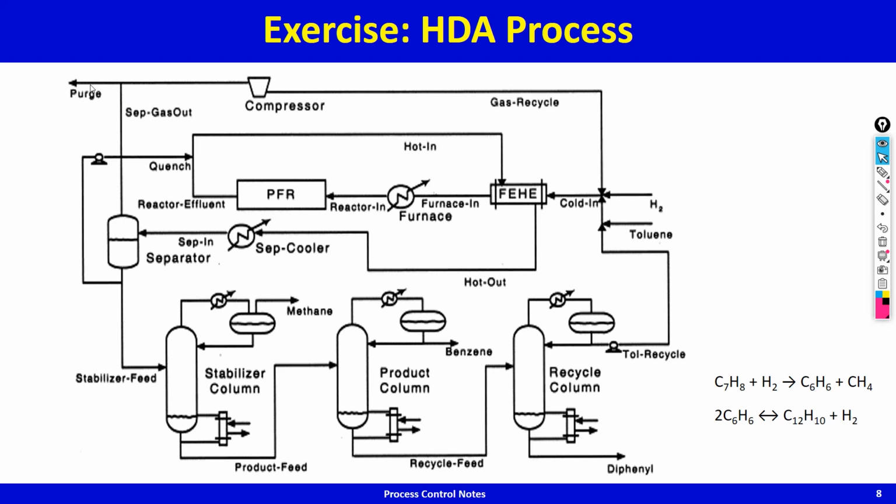The other thing that I want to point out is that the purge is there to let the methane out. So how is the purge stream going to get manipulated? The purge stream is going to get manipulated to hold the methane concentration in the gas recycle loop. So there will be a concentration controller that adjusts the purge. That's about it. Everything else is the same as before.